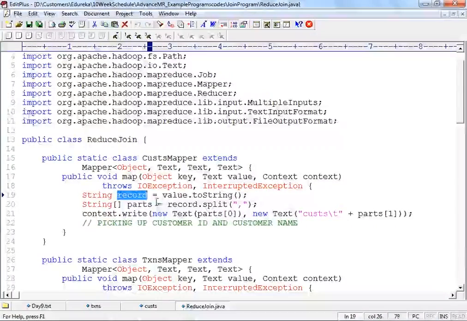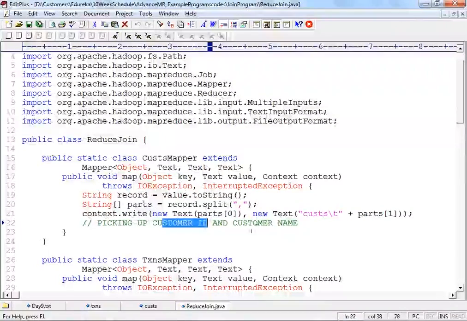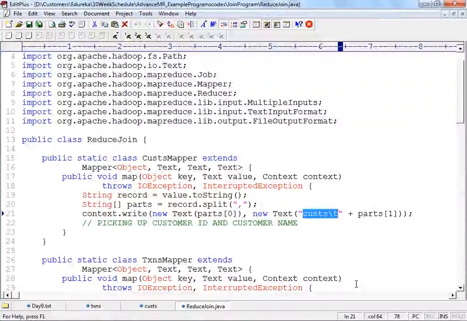So you would see over here that first I get the whole record, then I split it up based on comma so that I convert that into an array. And see, what am I printing? I'm printing out the ID. Okay, that is, I'm picking up the customer ID and I am picking up the customer name. You will also see that I have something over here. The value is a composite value. Until now you have used a single value. I'm using a composite value over here so that